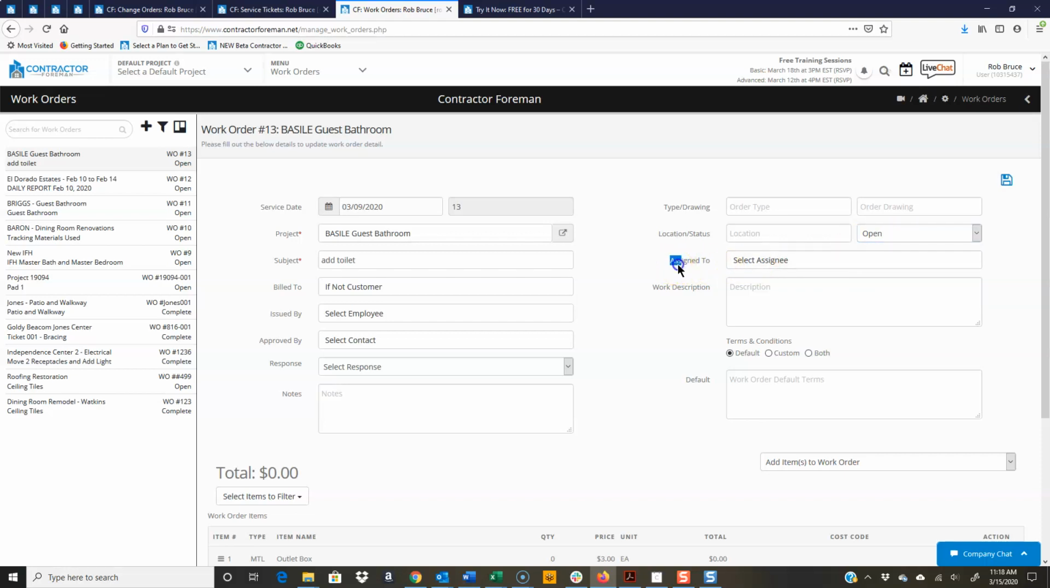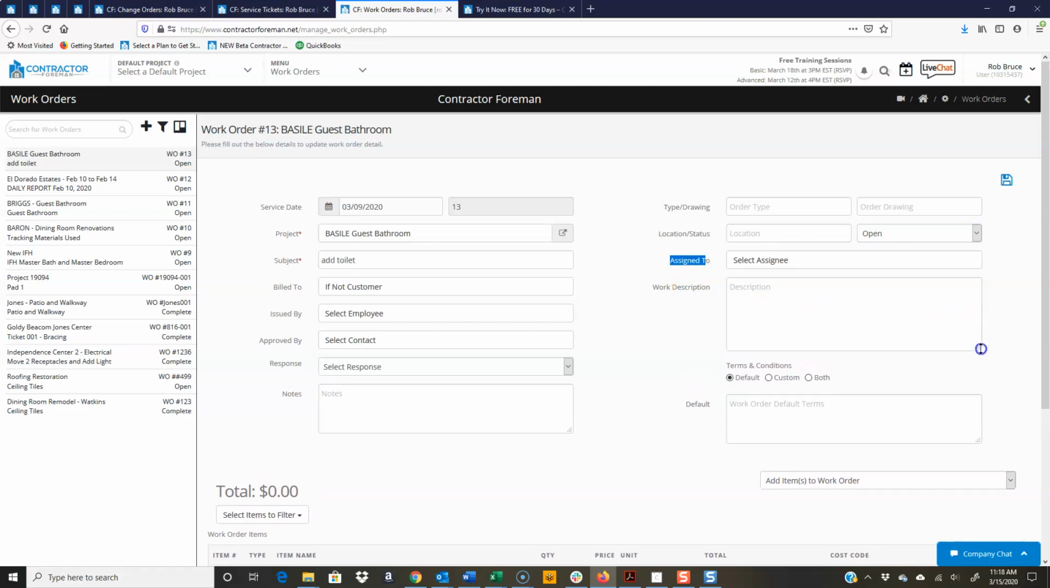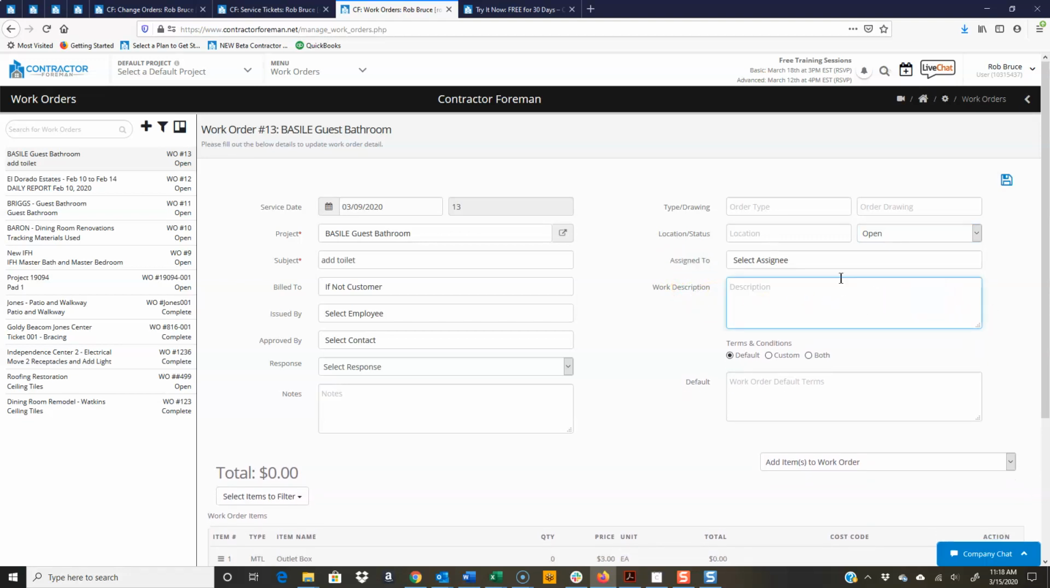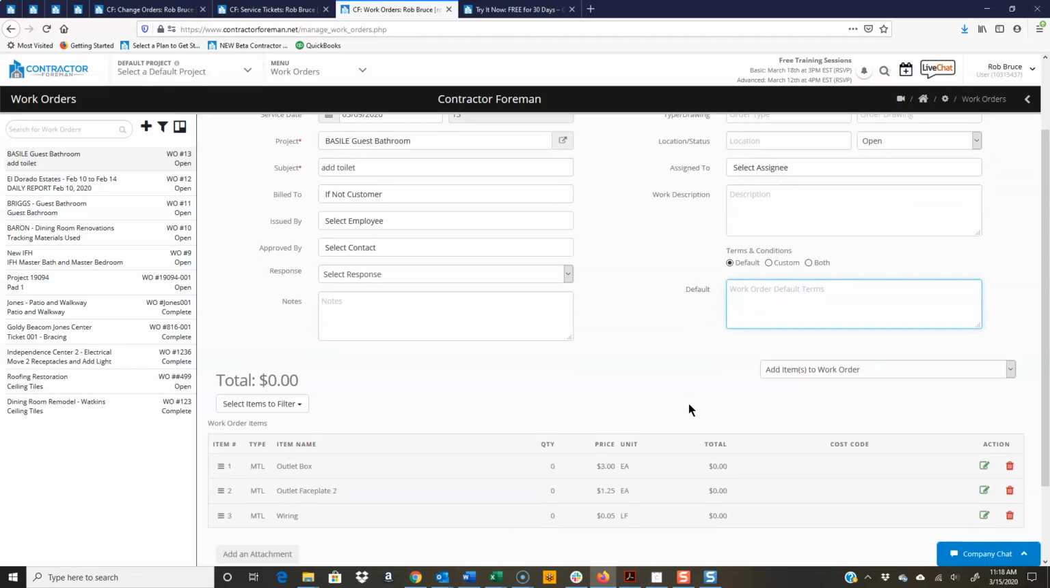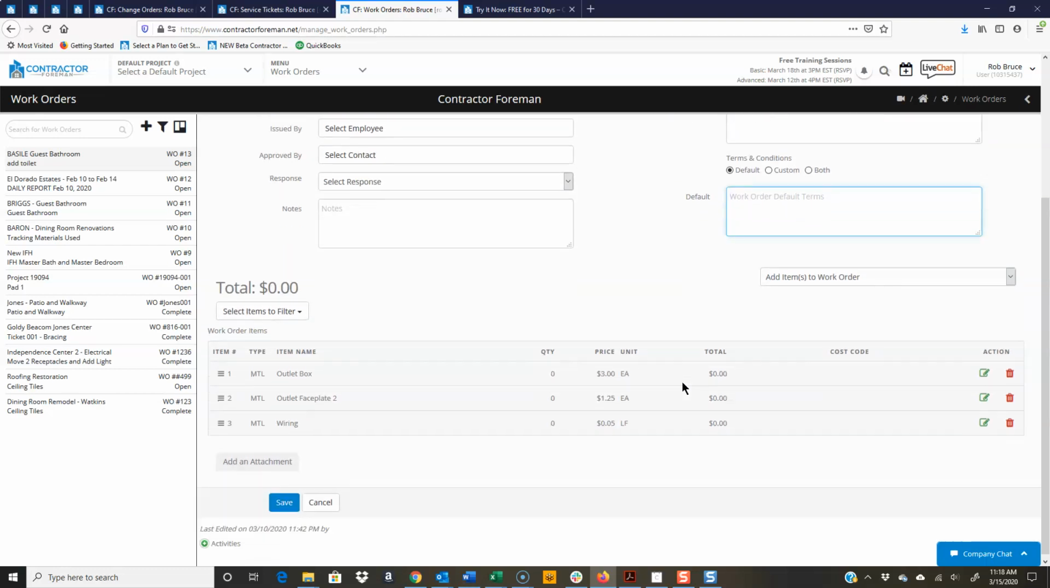You can assign this to somebody. Description of the work, that is a required field, and it's basically an unlimited field. Terms and conditions, you set those up under company settings, and then the terms will show up here. But mainly, I don't want to spend too much time on the top part, because what we want to cover is just a quick way to do a work order on a job that is only going to take less than a week. You can simply add your items down here,